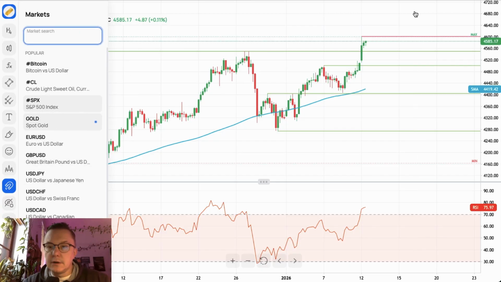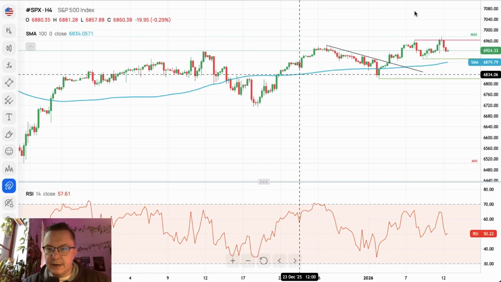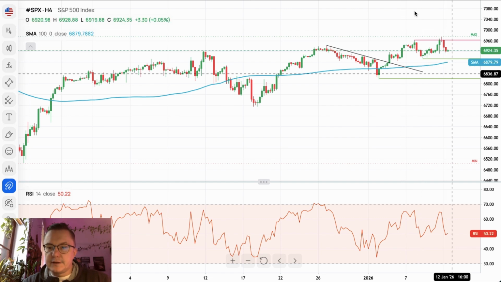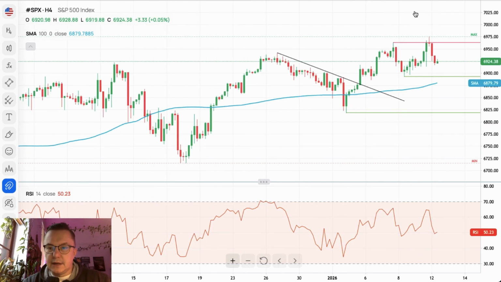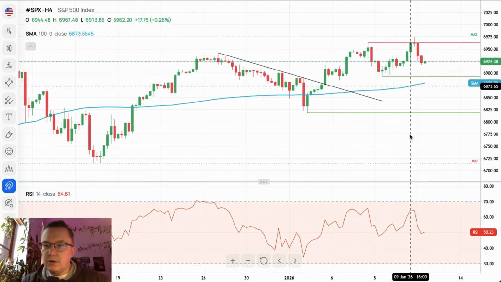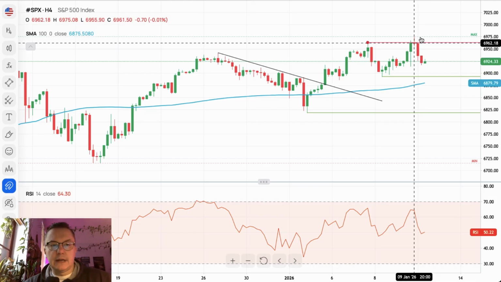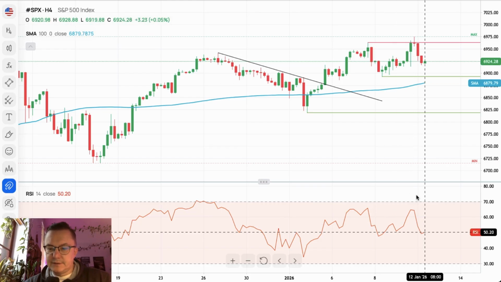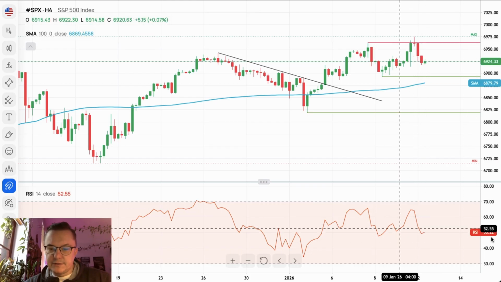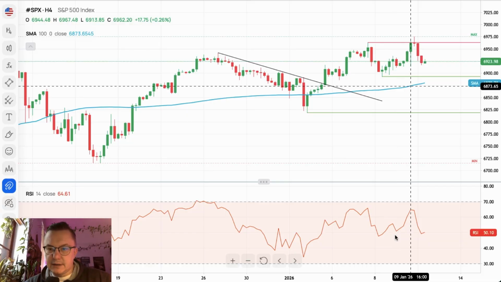Gold keeps moving on. Uptrend continues. S&P 500 in that situation reversed lower. Gold is on highs. S&P 500 is quite high right now, 6,924. We go down towards this level from the swing high at 6,975. Momentum is still positive, however right now 50 points, so we're testing the neutral level, but we're still above